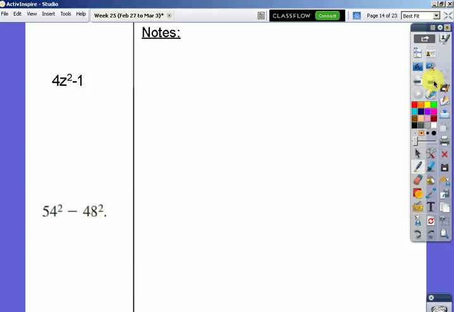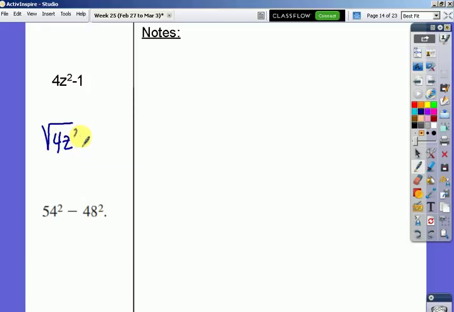Alright, so let's look at this. For this first one, I'm asked to factor. I'm not asked to multiply anything, I'm asked to factor. So I noticed right away I have two perfect squares. 4 is a perfect square, right? z squared is a perfect square, and 1 is a perfect square. So when I'm subtracting two perfect squares, I remember my special factoring rules, which say that I just square root the first term,